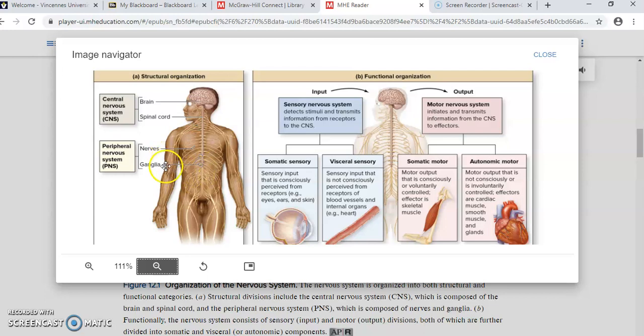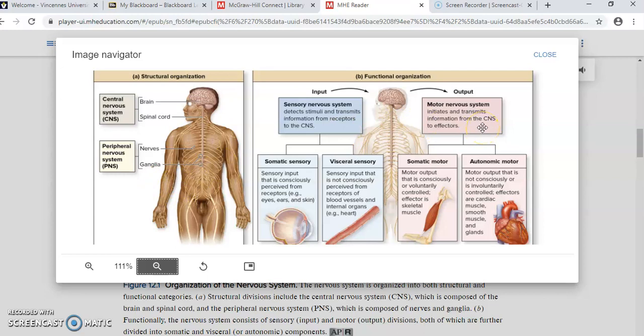So in that same nerve that we looked at before, we will have an axon of a motor neuron running through it, and then that action potential or nerve impulse is going from the brain and spinal cord, the CNS, to an effector, say like a skeletal muscle in the forearm here, so like the brachioradialis muscle, we'll say. That is part of the motor nervous system. It contains motor neurons that are taking signals